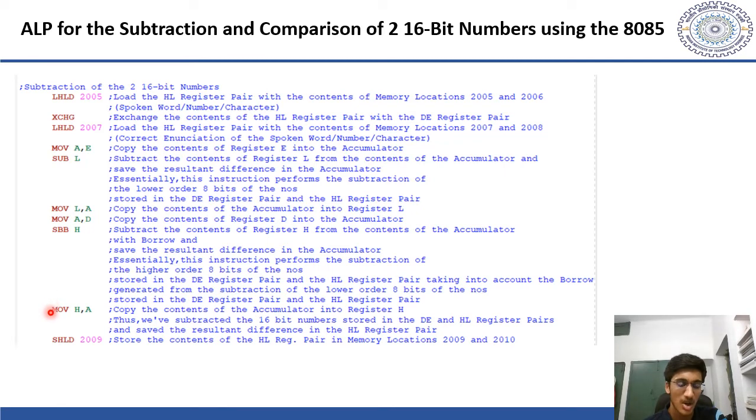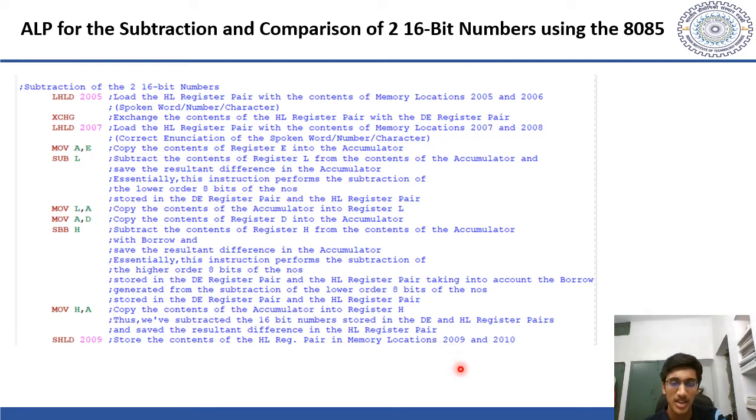Once the subtraction process has been complete, we are then required to store the difference of the higher order 8 bits into the H register, and then the H register pair would essentially contain the resultant difference between those two encodings of the spoken enunciation of the word and the correct enunciation of the word. Then we move on to store the contents of the HL register pair, that is this resultant difference, in memory locations 2009 and 2010,